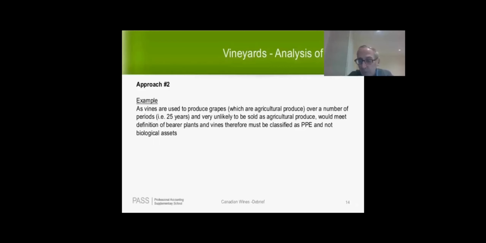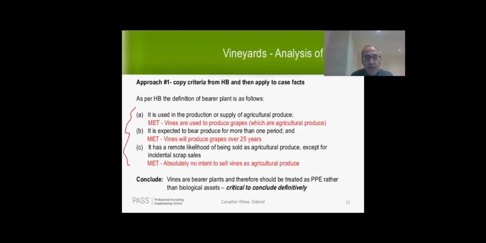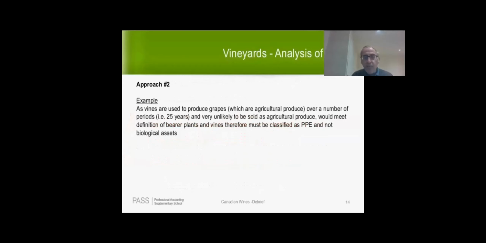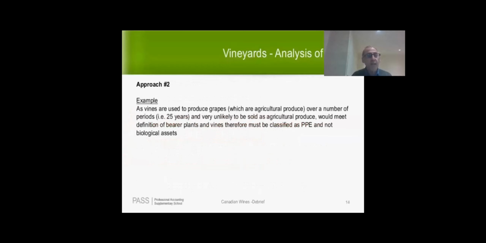I do prefer the first approach, A, because there are a number of criteria, so it's quick to copy them. And also it just shows the marker has no doubt in his mind. He doesn't have to think. It's apparent to the marker without giving it a lot of thought that you've met the criteria. If at all possible, you want it to be a no-brainer for the marker to say, yeah, you did what you were supposed to do. You would get the same credit here, but the marker would have to think a little more. It's best that you not make the marker think too much. It's always best if it's a no-brainer for the marker.